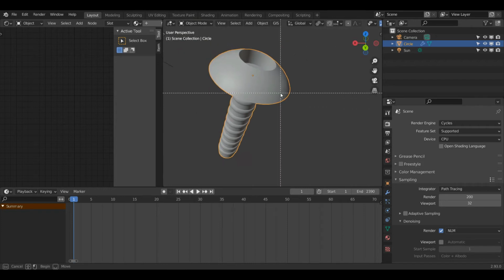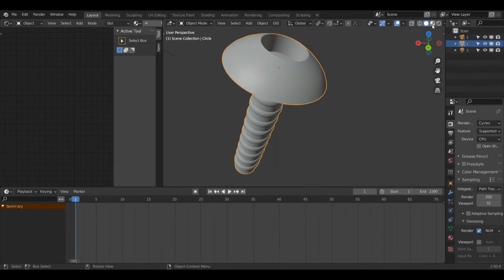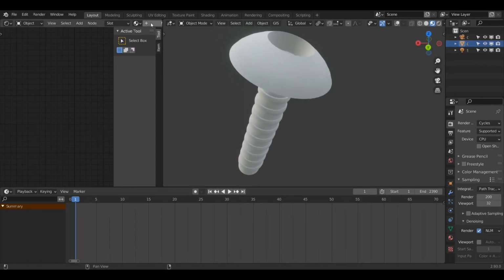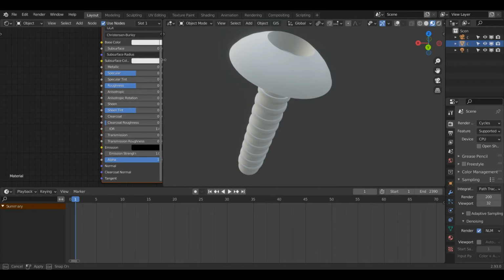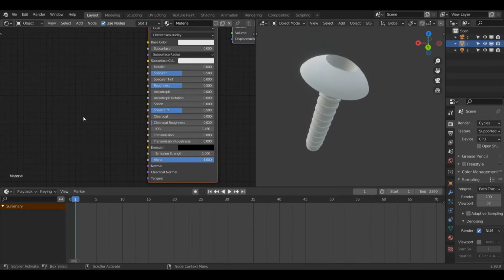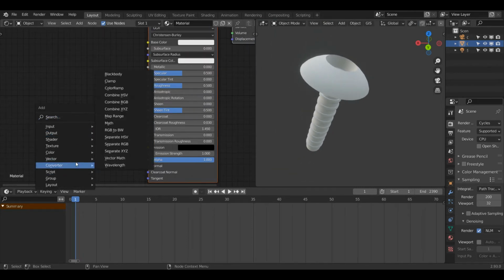Then I'll press N so this menu disappears. I'm also going to change into material preview, which is this button here, and I'll turn off my overlays so I can see what I'm working with. So click plus new here, and I'll press N on the keyboard to make that disappear. I'll drag this out a bit more and press Shift A, come down to vector and left